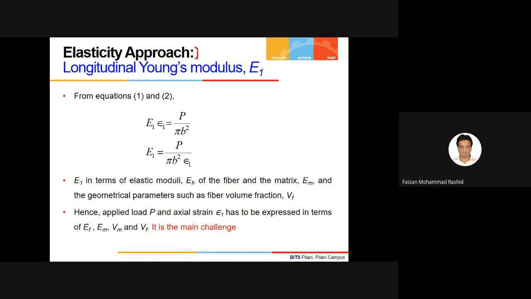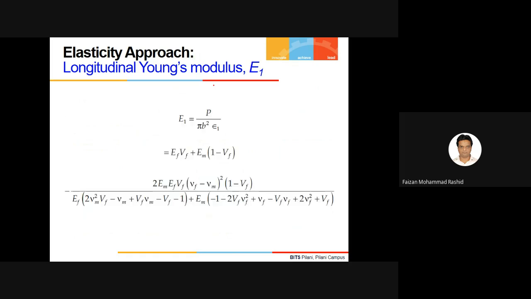But as we started, just to get to know the difficulty in analyzing the composite material due to the involved anisotropy here,